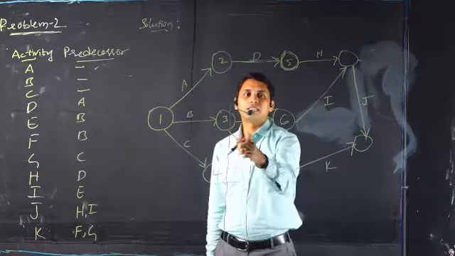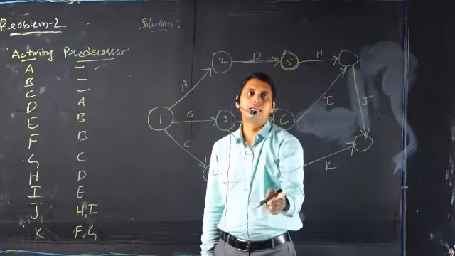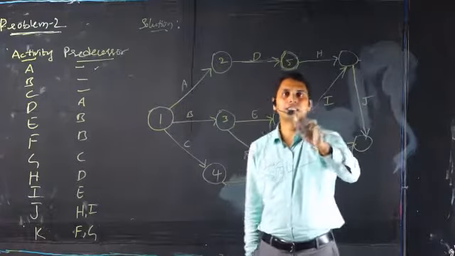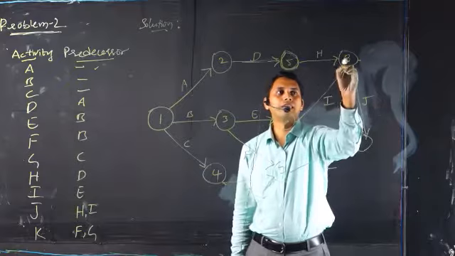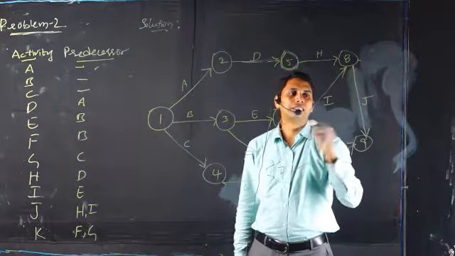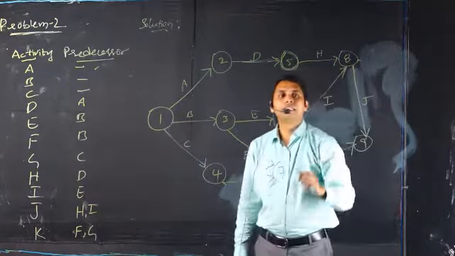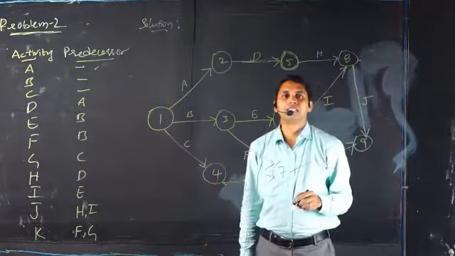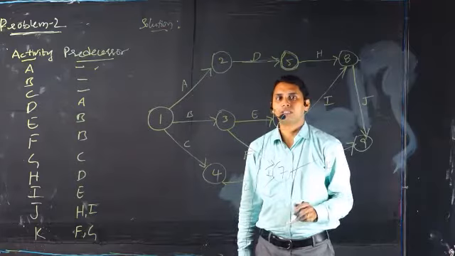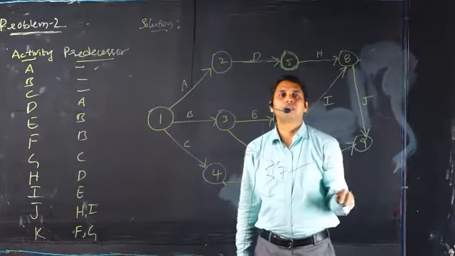So tail is lesser than the head. And then 6 and 5, 7. So now till 7 is given. So we can give 8 here, and then 9 here. So in this way, the tail event must be given the lesser number than the head event. So this way we have to draw the network diagram.